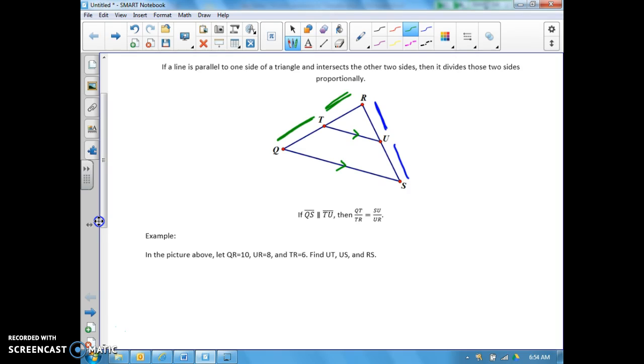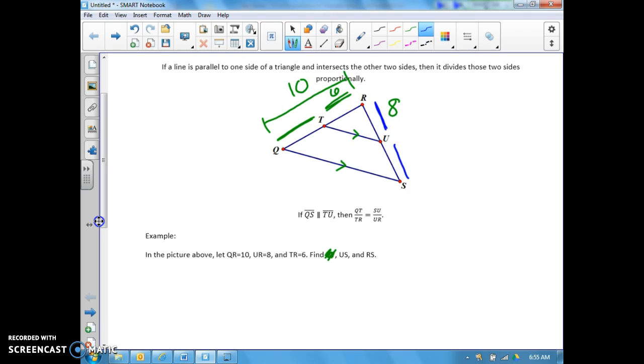Now let's let QR equal 10, and UR is 8. TR, where's TR? What did I just do? I completely labeled that in the wrong spot. QR goes from here to here, that is 10, TR is 6, perfect. And I want to find UT, US, and RS. UT we actually can't find. That is a typo. Now real quick, I'm going to fill in pieces of information that I can get and I need,